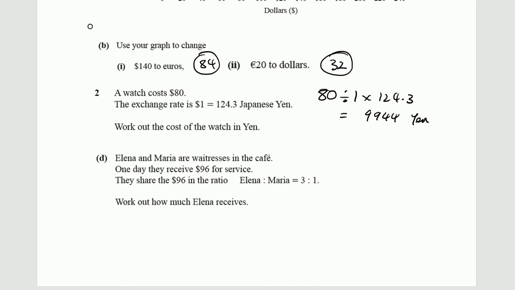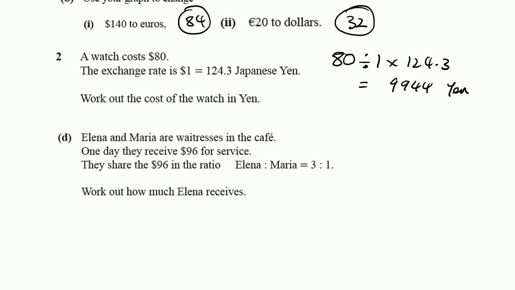Elena and Maria are waitresses in the cafe. One day they receive $96 for service and tips. They share this in the ratio Elena to Maria is 3 to 1. I want to work out how much Elena receives. So 3 dots represent Elena's share and 1 dot represents Maria's share. Those 4 dots in total are worth